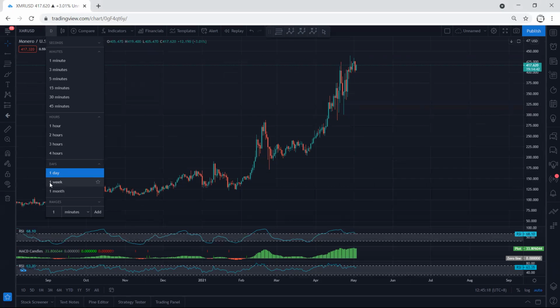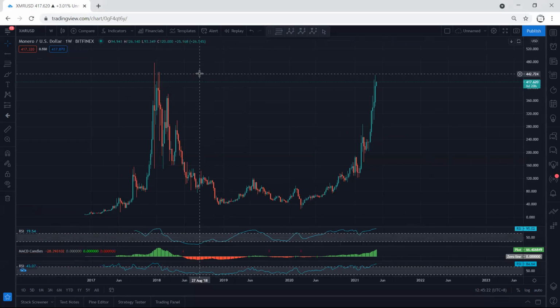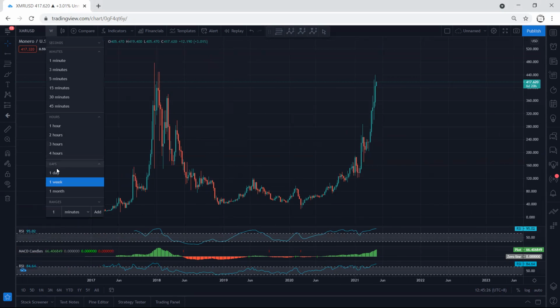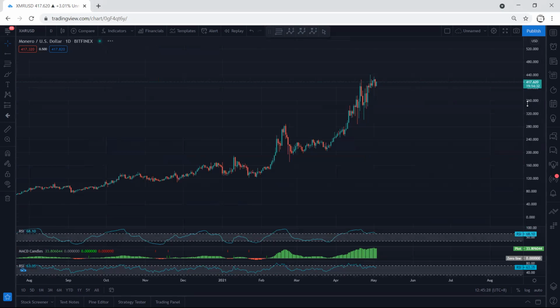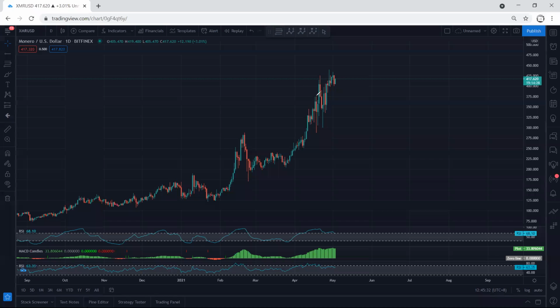First of all, we move to the weekly chart. As we can see, based on the weekly chart, price is almost near the previous top. We want to see whether we can get the continuation or not. That's why if we want to look for a trade at the top, we need to be quite careful, because if we move to the daily chart,